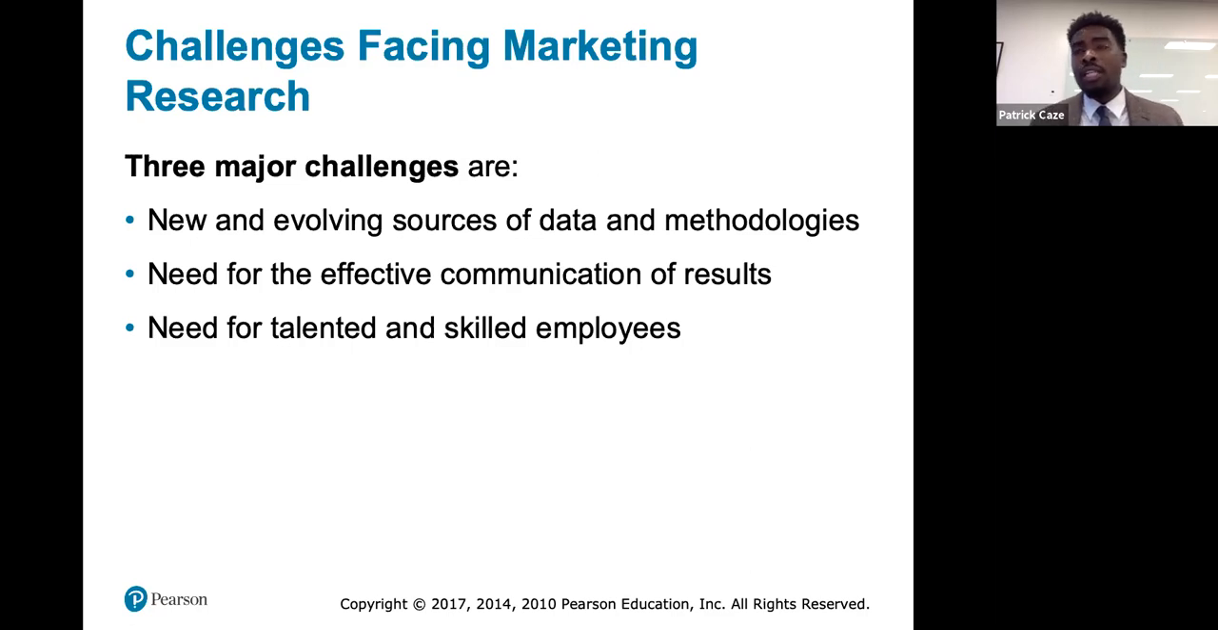Second, the need for effective communication of results. How do I get the results out there in a manner that is understandable, and also correct? One of the things about research is that you don't want to falsify or mislead individuals. Communication, in many respects, is very much a matter of perception. How do I perceive this message? How am I receiving it? So we have to find an objective way to effectively communicate the results to consumers or